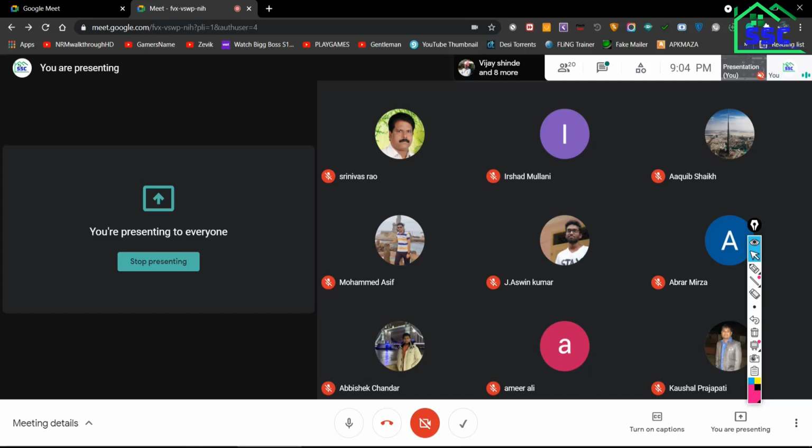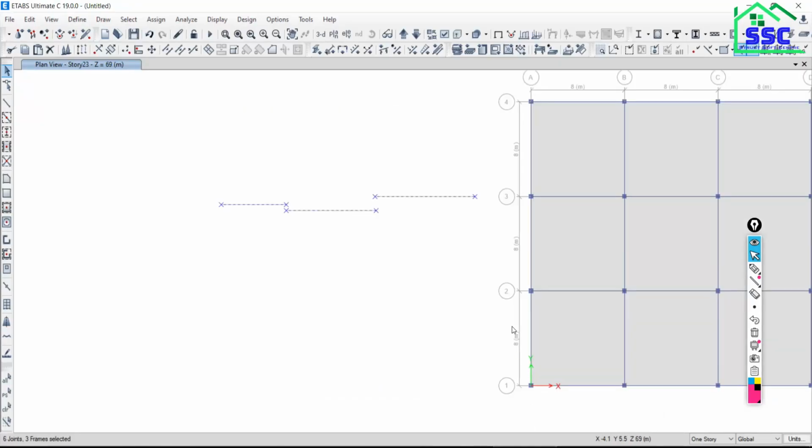Who said x? Okay. So why you need to see the x ordinate? You got why we need to see the y ordinate? See, because just see, very simple concept. Understood? Okay, good. So this is x and this is y.